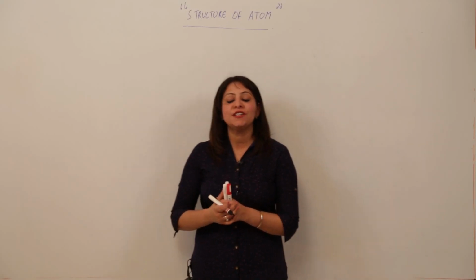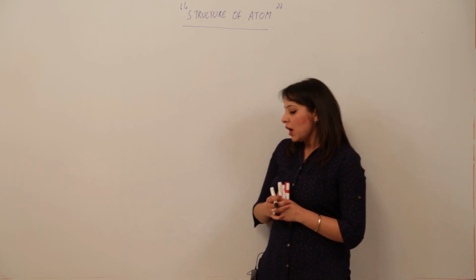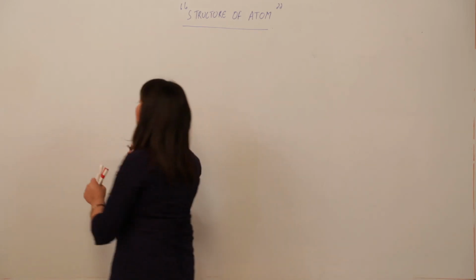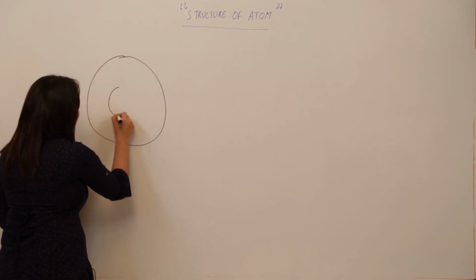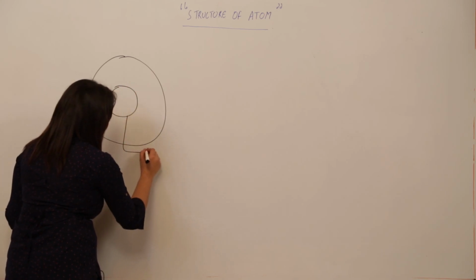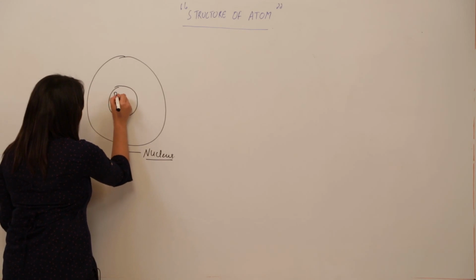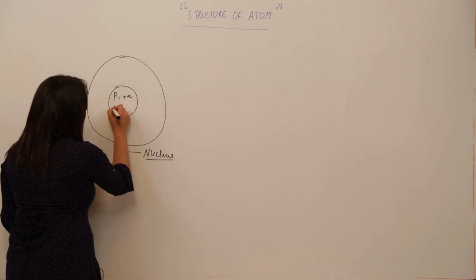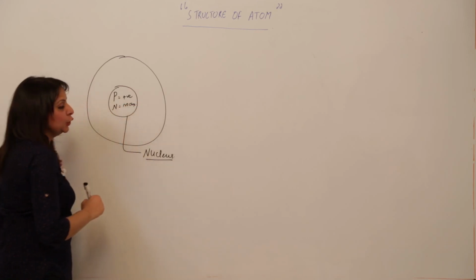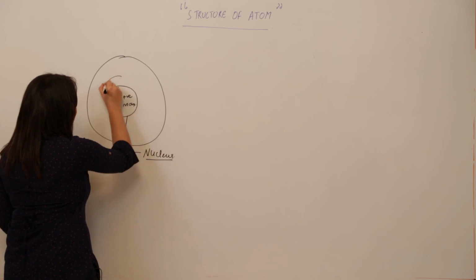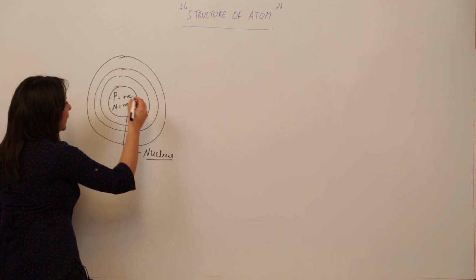As Bohr was able to explain the structure of the atom in a proper manner, according to Bohr, the atomic structure consists of a somewhat spherical atom with a nucleus, and the nucleus contains the positively charged particle proton and the uncharged particle called neutron, which contribute towards mass but not charge. And outside the nucleus, shells are present, as we have already discussed in the Bohr model, and the shells